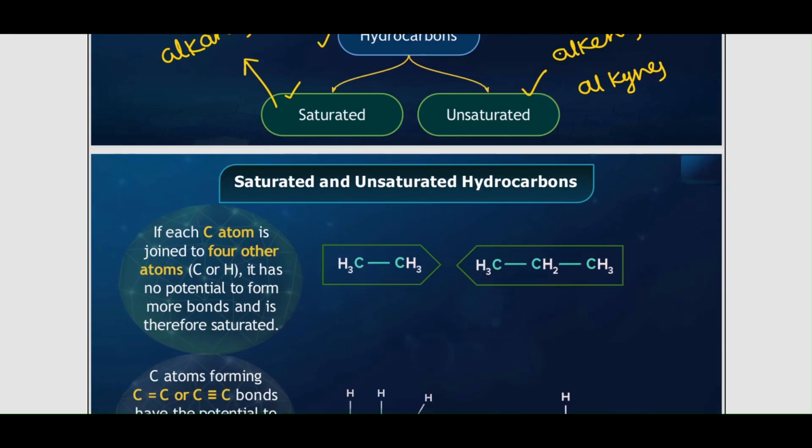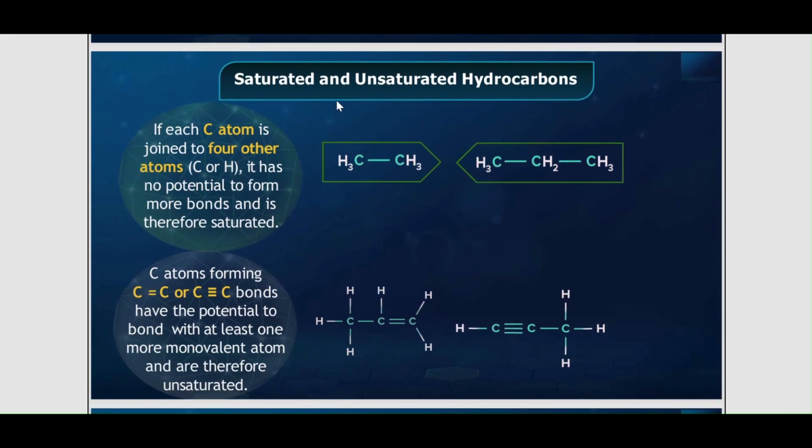Clear. Now we will discuss one by one what saturated and unsaturated are. Saturated hydrocarbons are nothing but, in between two carbon atoms, you can observe there is only one bond present. Here in between these two carbon atoms only one bond. Like that, if between two carbon atoms there is only one bond, hence it is called saturated